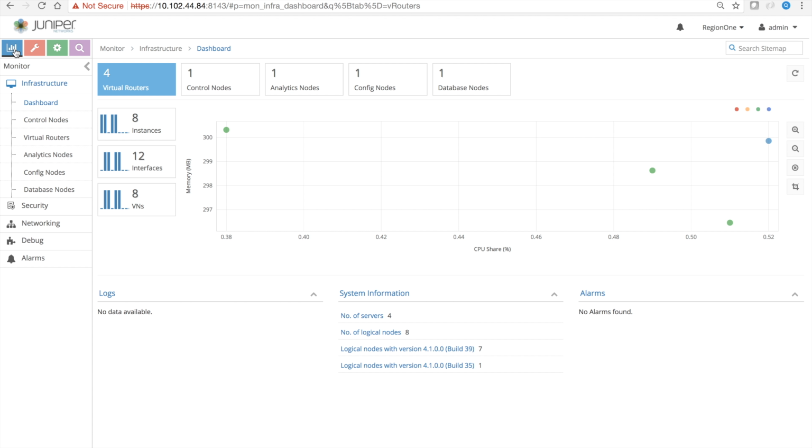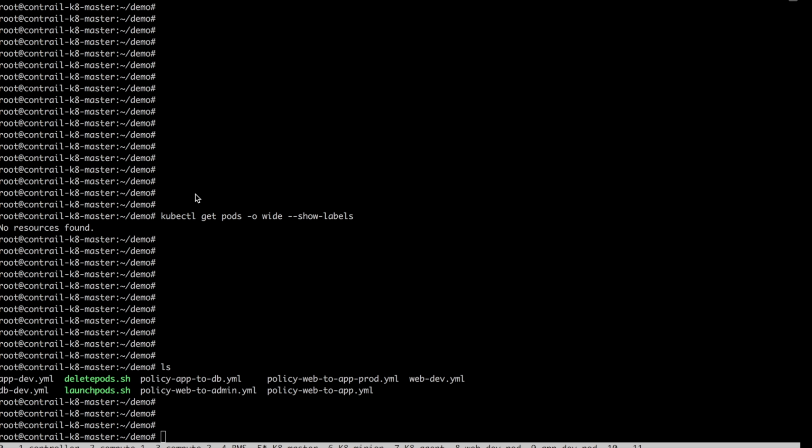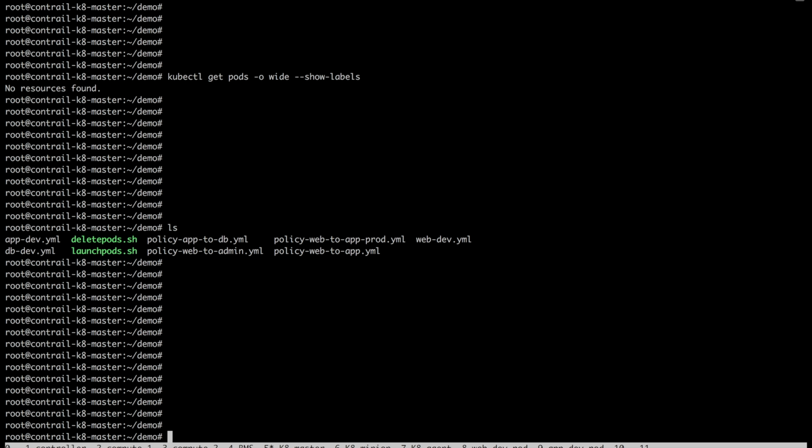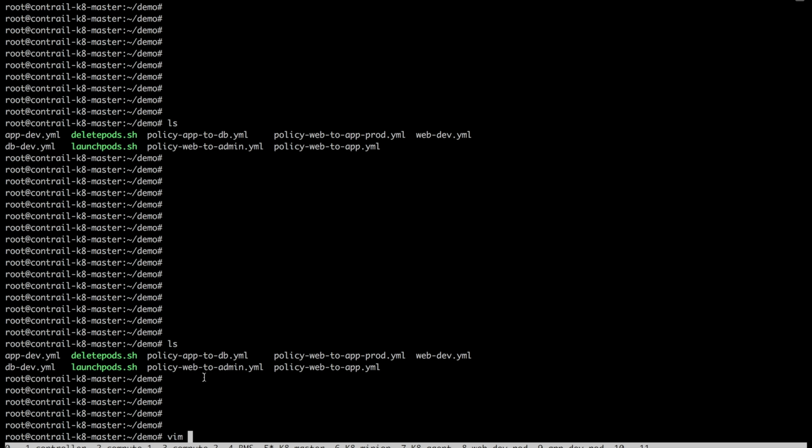Let's go back to the dashboard and look at how many instances we have. So we have a total of 8 instances with 12 interfaces and 8 virtual networks. If you go to the Kubernetes master, let's see what we have. First of all, we're going to look at the web